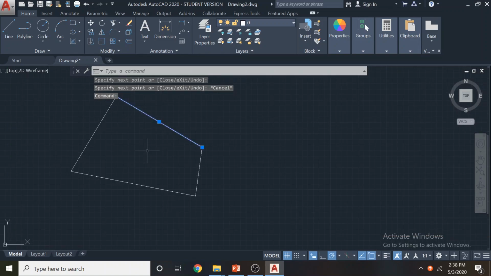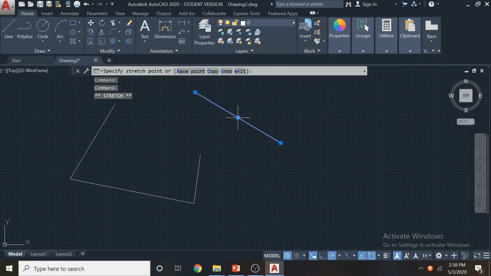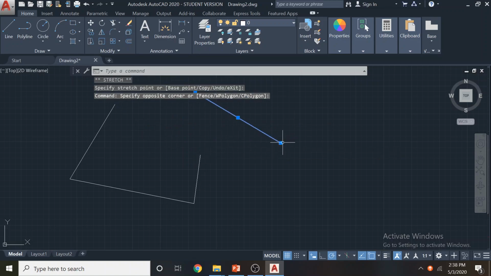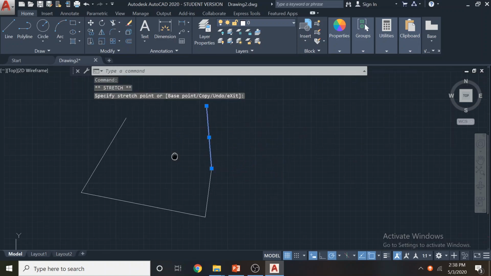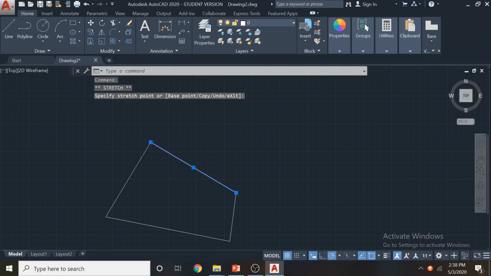When you click on a line, you will get three grippers. These grippers can be used to take the line out like this or extend the line length. If you want, you can click on this gripper and take it again to the original position. So this will allow me to lengthen and shorten the lines.